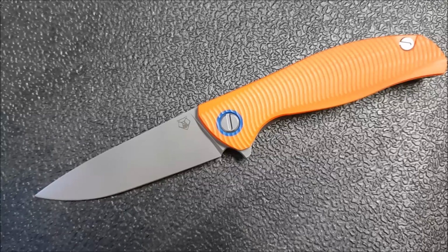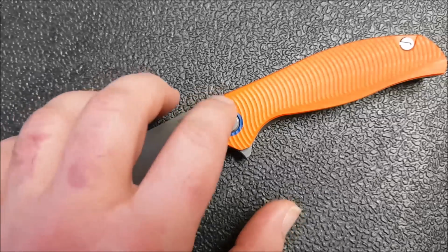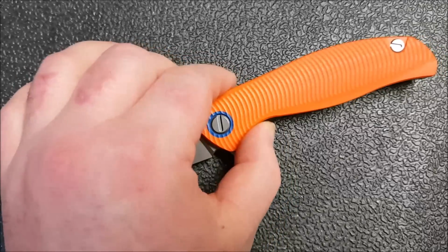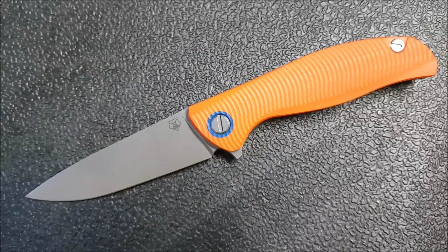And I love the particular looks of this one. There are a number of other F3 models out there. I particularly like the micarta ones, and I've even thought about switching these scales out for micarta. Maybe someday I will do that, but now you've got to think you're adding even further cost to the knife. So